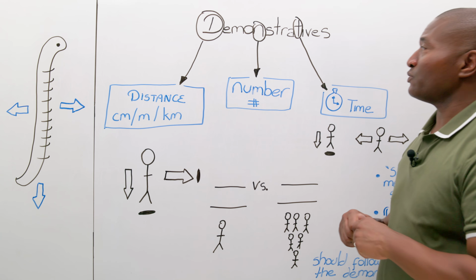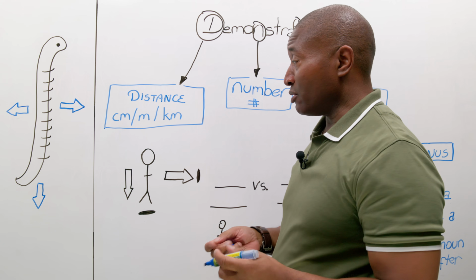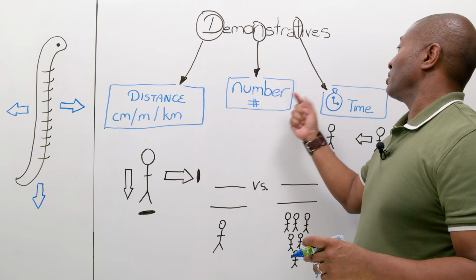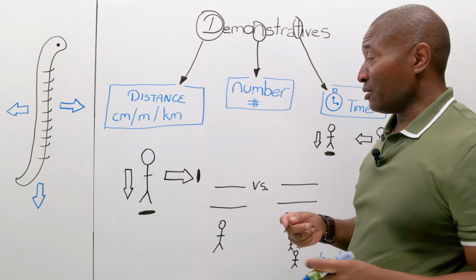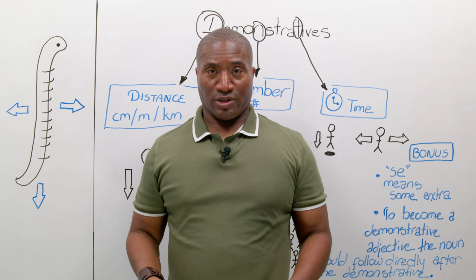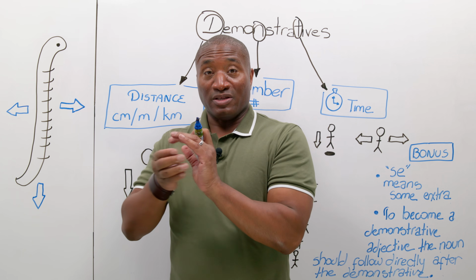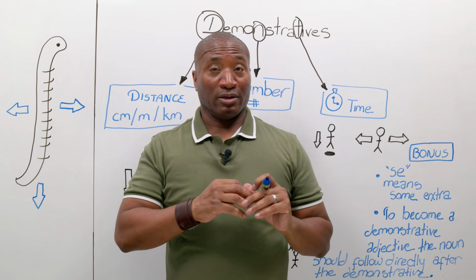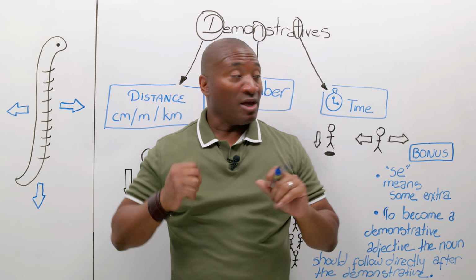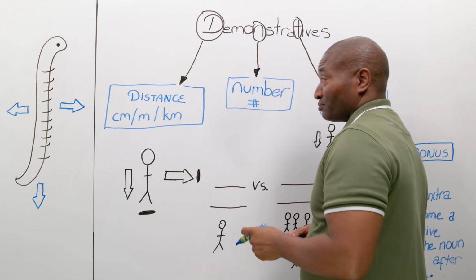So the demonstratives we're going to talk about are this, that, these, and those. And we're going to use them to show distance, number, and time. I'll show you how. When we want to talk about something that's close to us, and that's the basic essence of these words, it's about something being near or far. Okay, and I'll show you how we can use that idea of near, which is close, and far to talk about time, distance, and number.